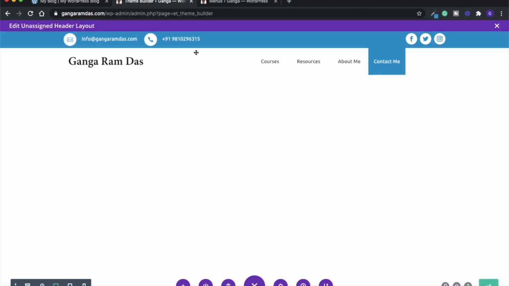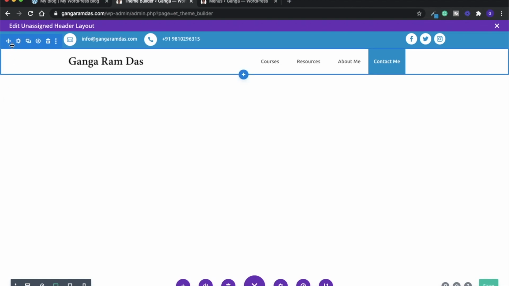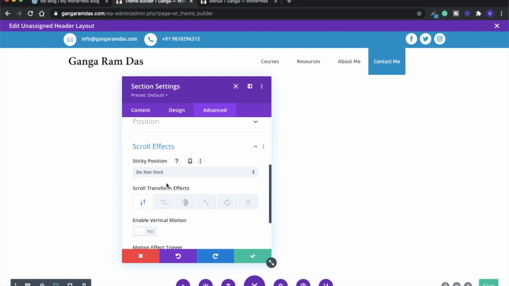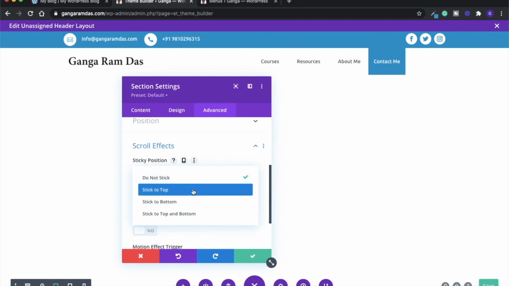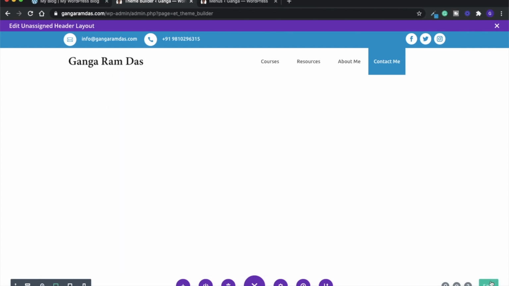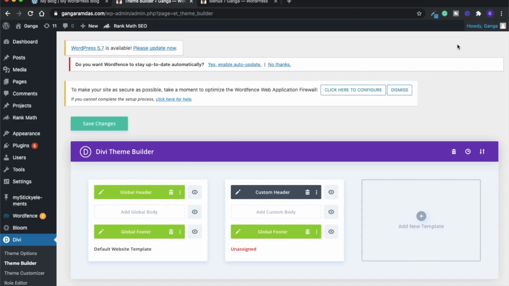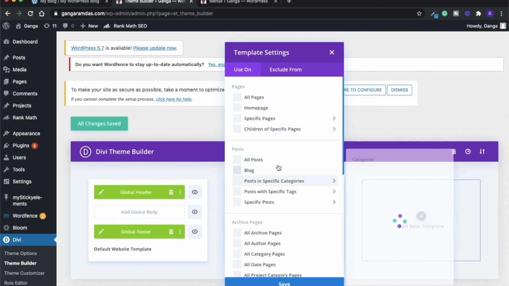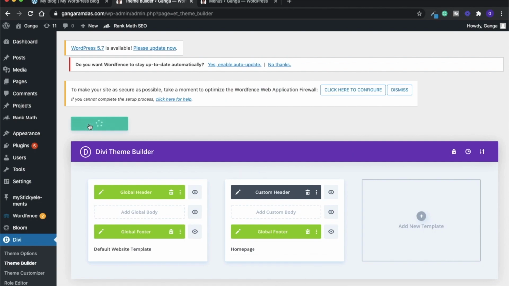So in order to do that, we will simply go to this section setting, we will go to the scroll effect, and then we will just simply enable this option, stick to the top, and just leave it and save it and save this. Let me just assign this template to one of the pages so that you can see it. So let me just assign it to the home page,